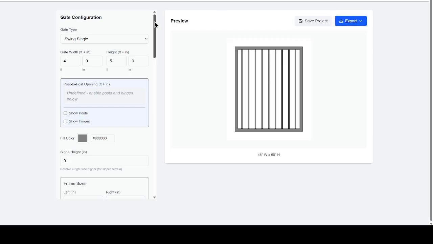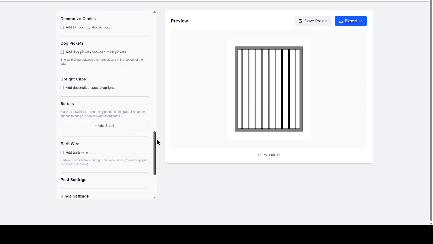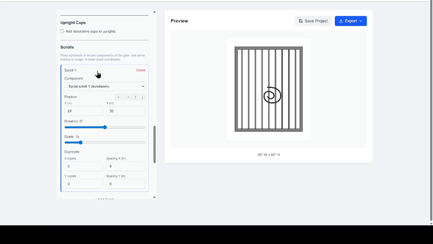And I'm just going to leave the single swing basic frame here. Scroll down and show you guys the scrolls section. So we're going to add a scroll. It defaults to the first scroll in your library. We're going to pick that scroll there. I'm going to go ahead and rotate it so that we can be at 90 degrees, and going to move it over